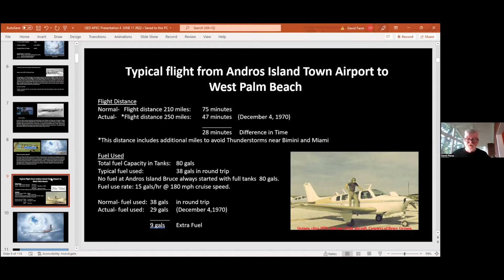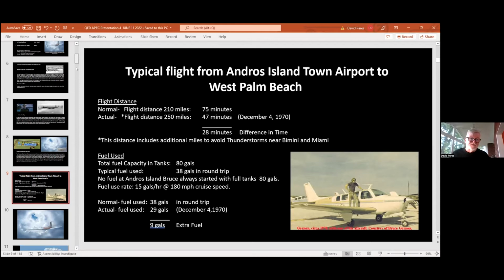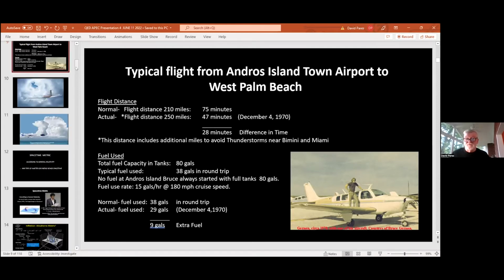His clocks on board his aircraft match the ground clocks. So this also relates to Miguel Alcubierre in 1994, where he theorized about warp bubbles and how you can use warp bubbles to travel in space. What was interesting here is that things Alcubierre talked about were some of the identical things that Bruce Gernon experienced. And the fact that he didn't experience any type of momentum inside the aircraft